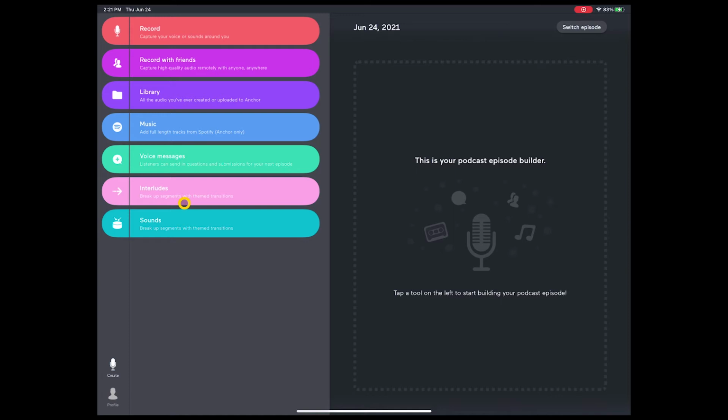And if you're on an iPhone, you won't see all these options right away on your home screen. There'll be a little button at the bottom of your screen that tells you show more or something like that, and you'll just hit that and it'll open up all of these options, and you can choose which one of them you want to use at that moment. Okay,